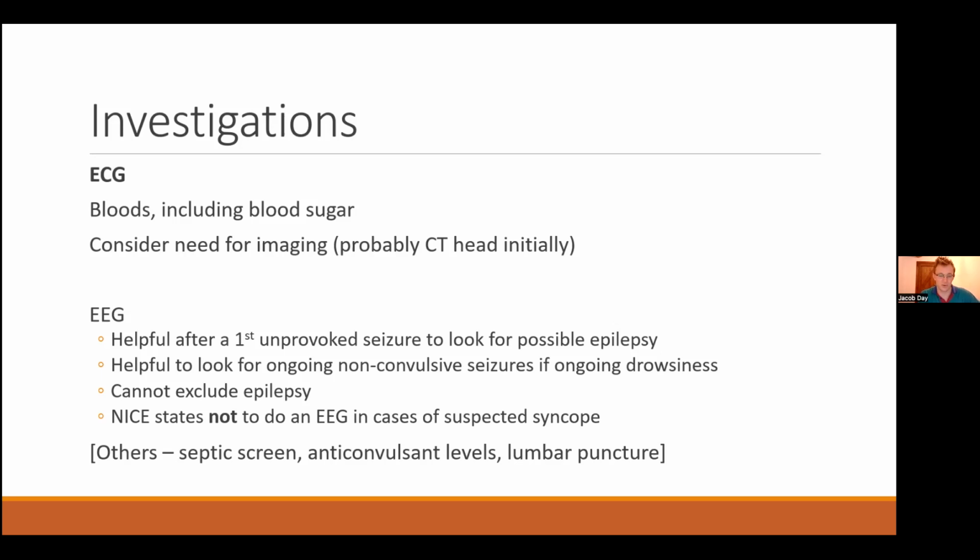Anticonvulsant levels are probably not majorly helpful, to be honest. The main reason we use them is if we think someone may not have been taking their medicines. So someone with epilepsy and you're not sure if they're taking them, and then if you do a level on their admission bloods and you can't detect any of the anticonvulsant, then you kind of know that that's the reason why they've had a seizure. So that's where they're most helpful. The other one is when someone's on phenytoin. So if you load someone with phenytoin, you want to tweak their ongoing maintenance level, because phenytoin is metabolized differently by different people. You have to do a level to guide that, but those are the two main reasons we use anticonvulsant blood levels.